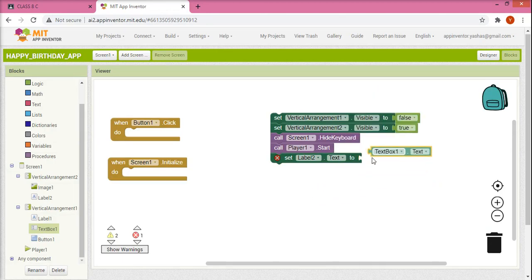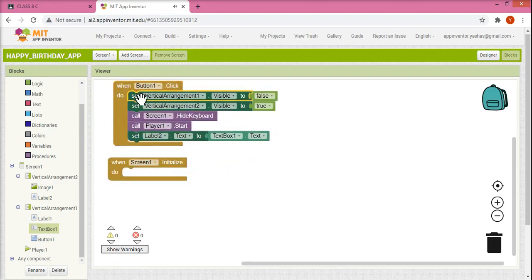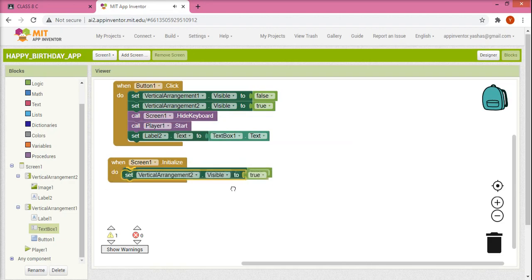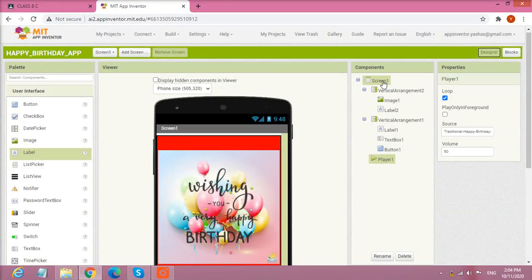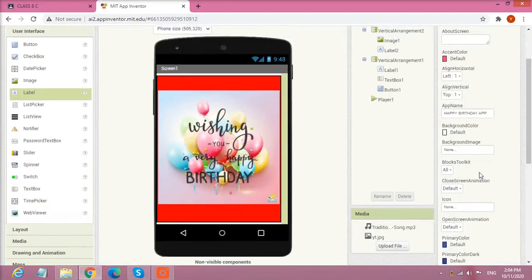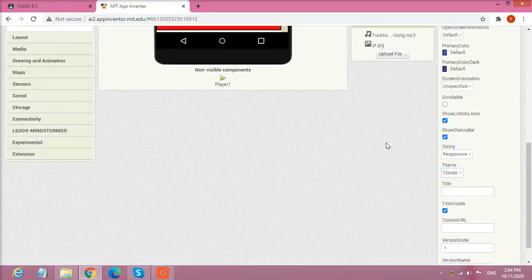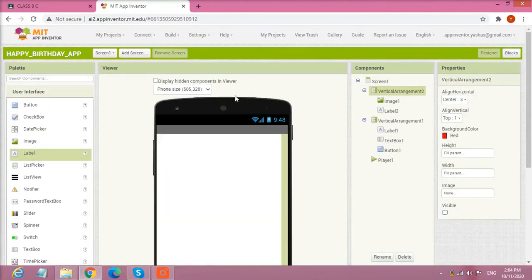This would make for button 1, and for button 2 we will copy and paste this, not as it is, one change we will make. Yes, so the code is also ready. So guys, we are ready with the code and everything. Make sure here in screen 1 you find this title. Just remove this title, and turn vertical arrangement to invisible. Rest everything is fine.